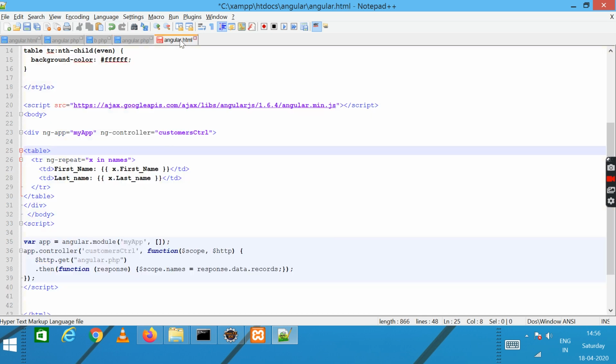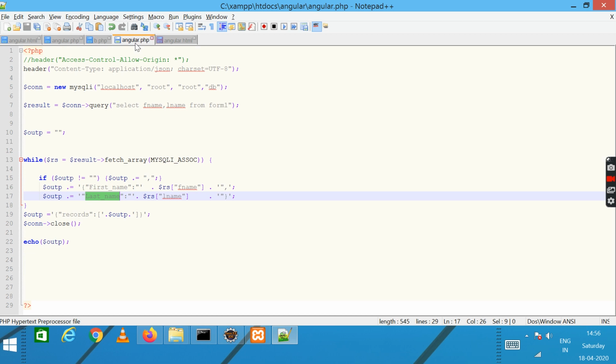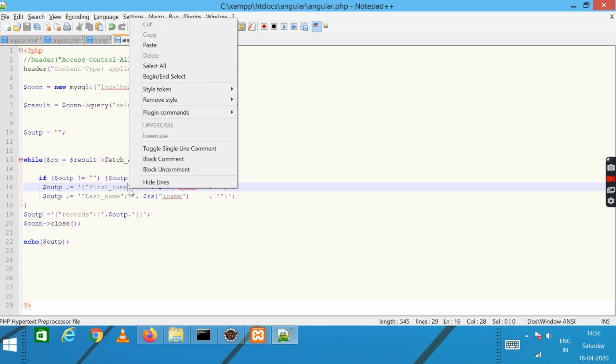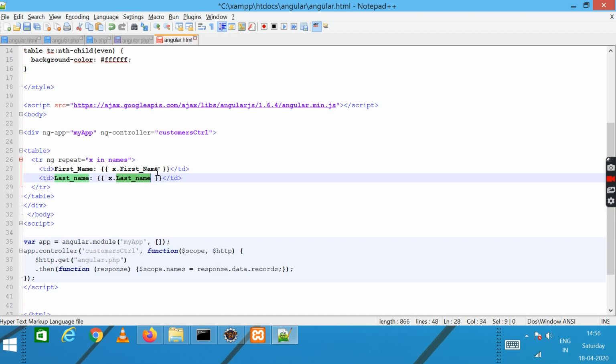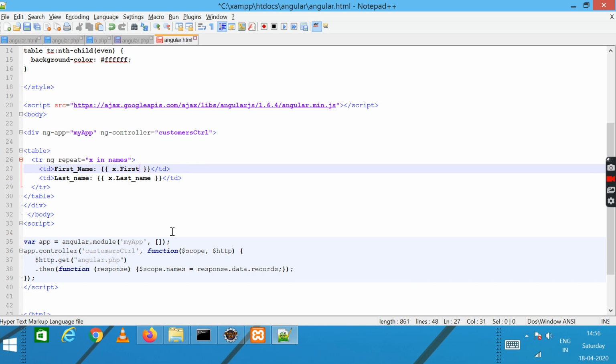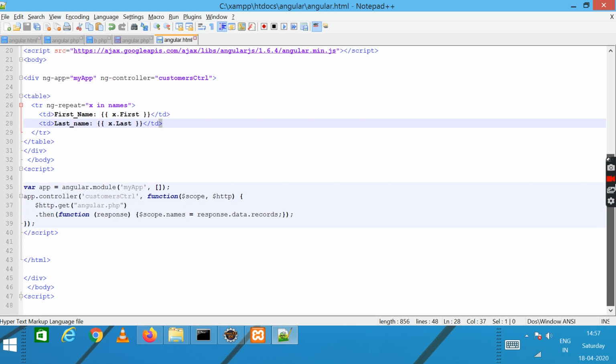Suppose I change these to first and last. Then I need to read x.first and x.last, because these are the keys for the data, right?